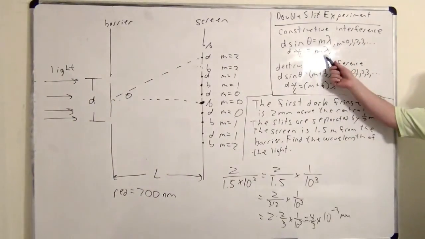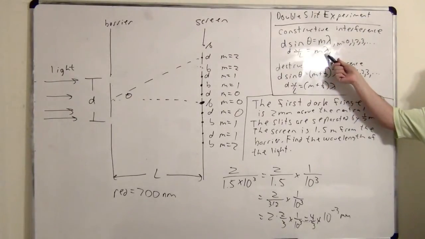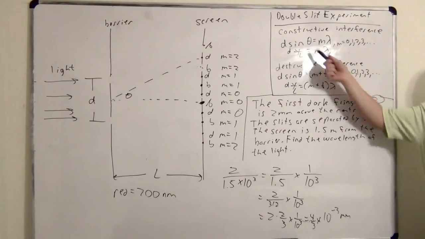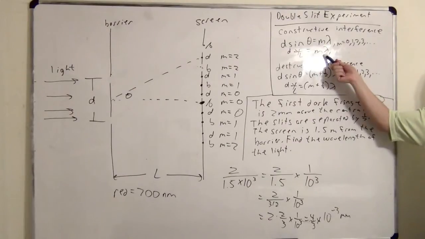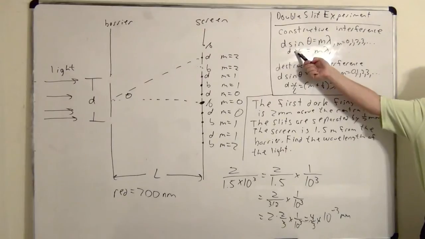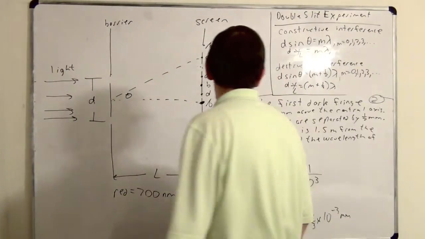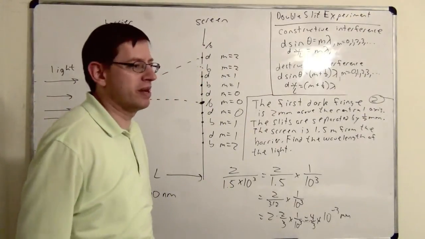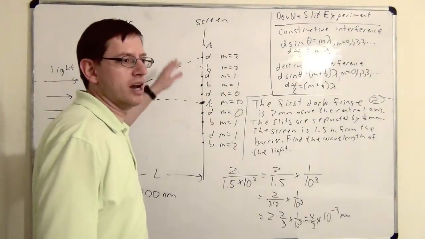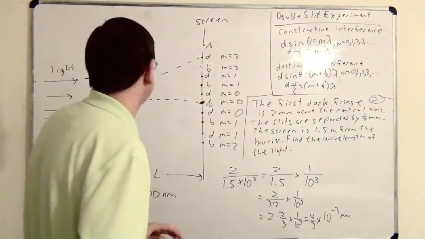Notice what happens as you increase the wavelengths. As you increase the wavelengths, do the spots get more spread out or condensed? More spread out, because the Y would increase. So if you shift to a higher wavelength, which is shifting towards the red end, the redder the light gets, the more the spots spread out from the central axis. So it's possible you might see a more advanced problem where there was more than one color being used, and you just have to realize that the two colors will result in different patterns of spots.